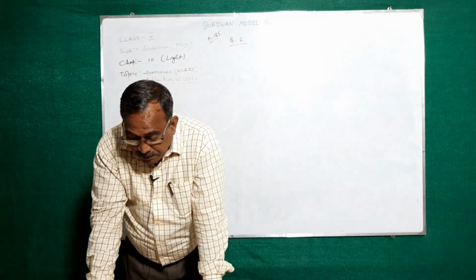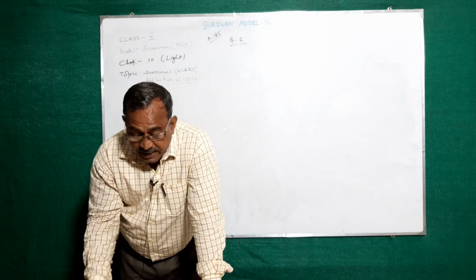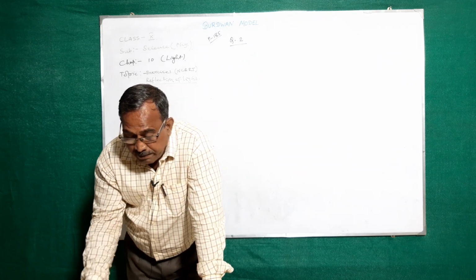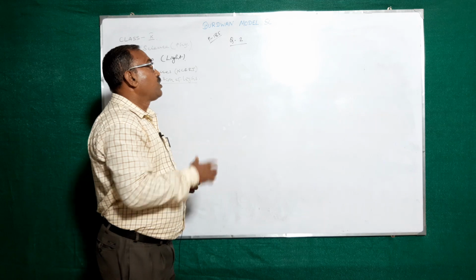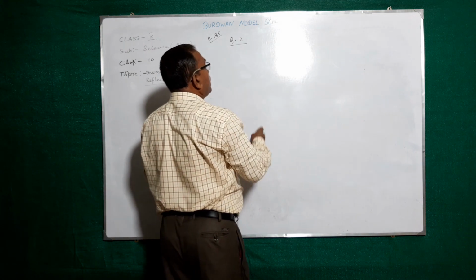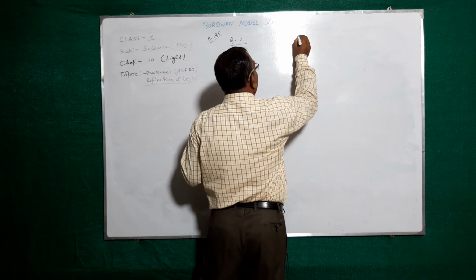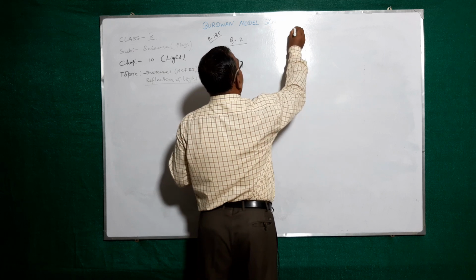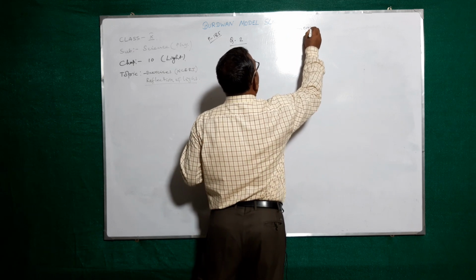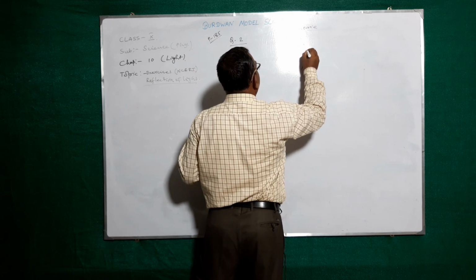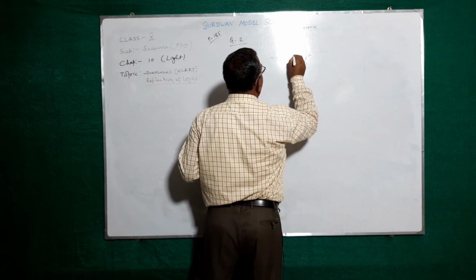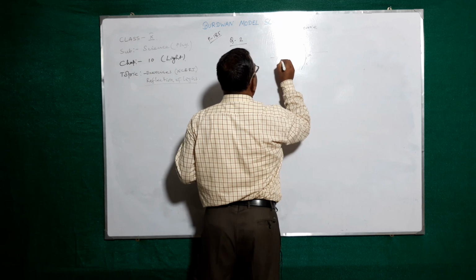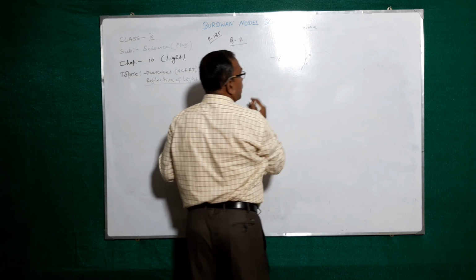The image formed by a concave mirror is observed to be virtual. So, from your memory, you know it, virtual image, concave mirror. You draw it. This is the concave mirror. This is the pole of the mirror. This is the focus of the mirror. This is the center of curvature of the mirror.